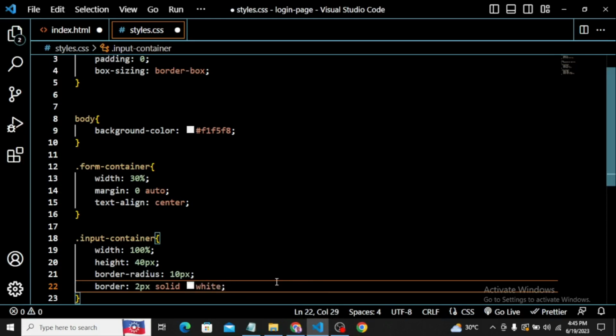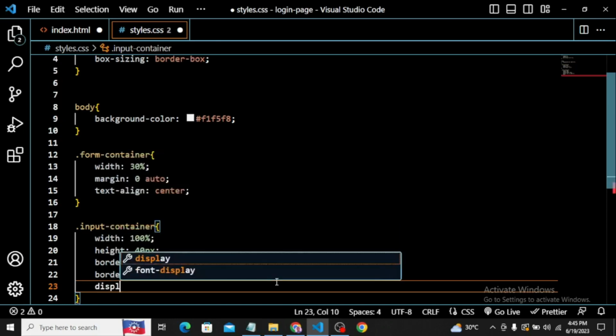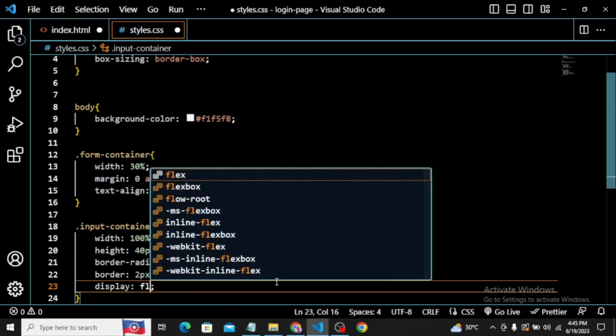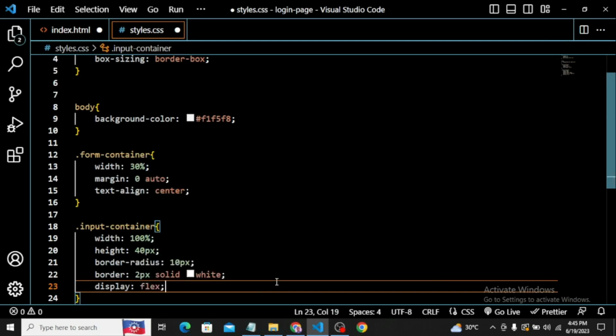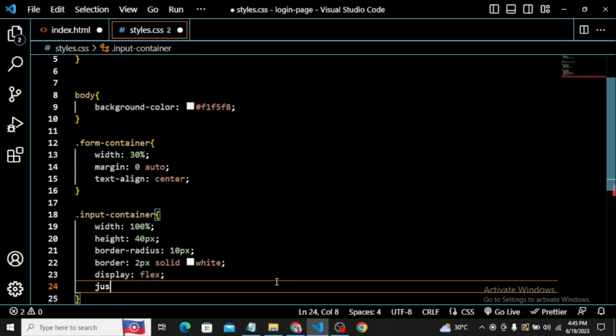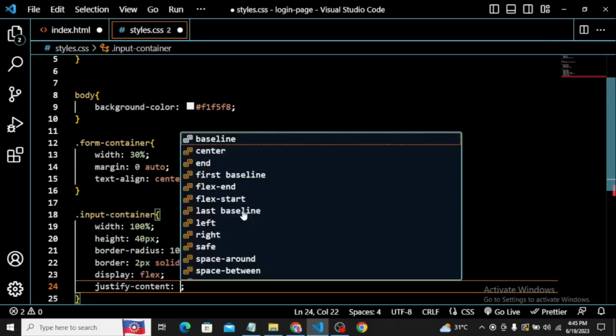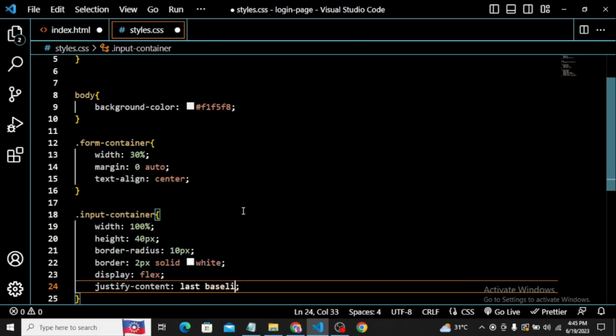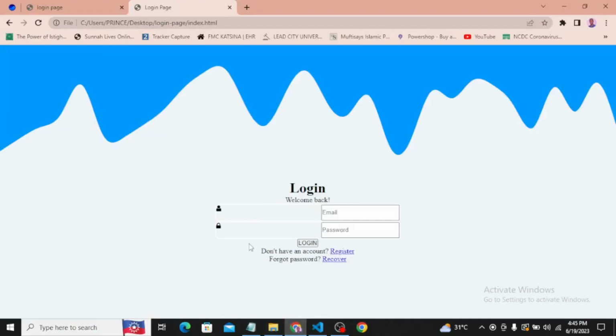I can just give it a display of flex. Now let me justify content. You all know what this means; if you don't, you definitely need to go and do your basic CSS again. Space between. So now let's see what is going to happen inside here, and you can see now everything is